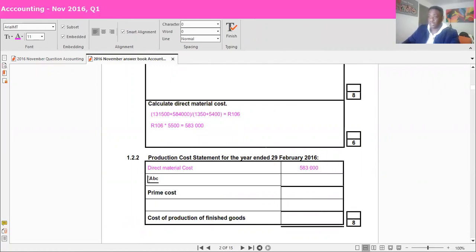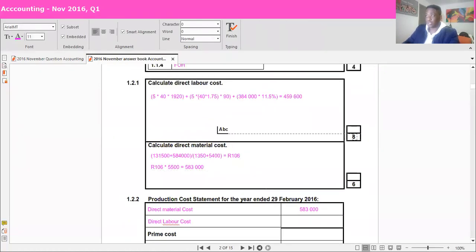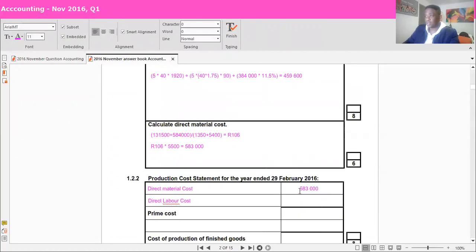And then you have the direct labor cost. Direct labor cost, as we just calculated, is 459,600. And then if you add them together, you get a prime cost, which is